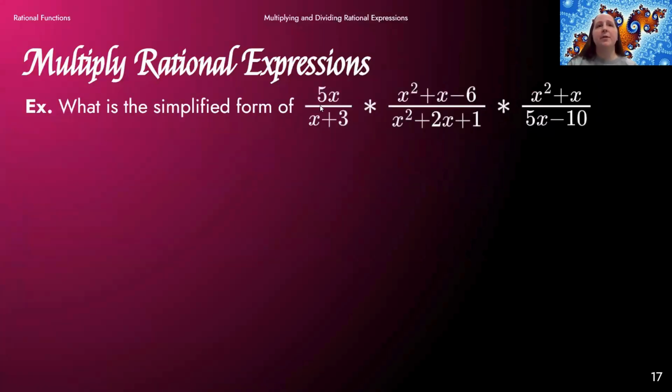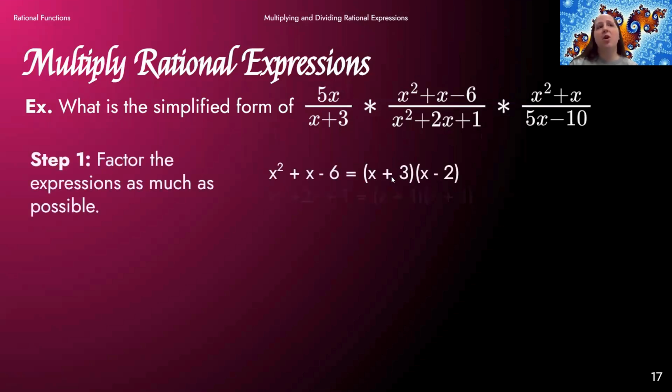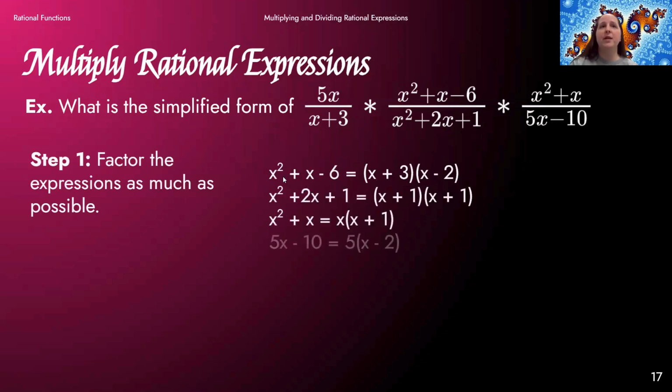What is the simplified form of 5x divided by x plus 3 times x squared plus x minus 6 divided by x squared plus 2x plus 1 times x squared plus x divided by 5x minus 10? So again, I factor all my expressions as much as possible. 5x and x plus 3 are simplified already, but x squared plus x minus 6 becomes x plus 3 times